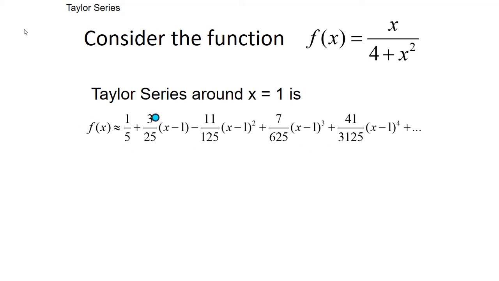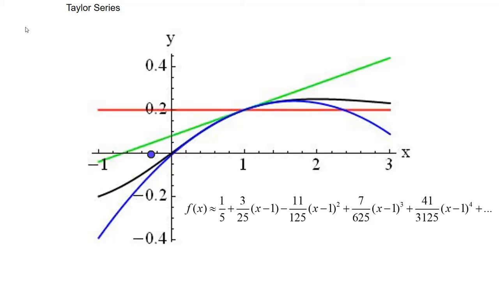A fifth plus 3/25 of x minus 1 minus 11 over 125 times the square, plus something involving the cube, and something involving the fourth power. So that's what it looks like expanded as a series, but let's now take a look at various graphs of the function and the Taylor series. We have here expanded up until the power in x to the 4, but we can continue. Here we see in black the function